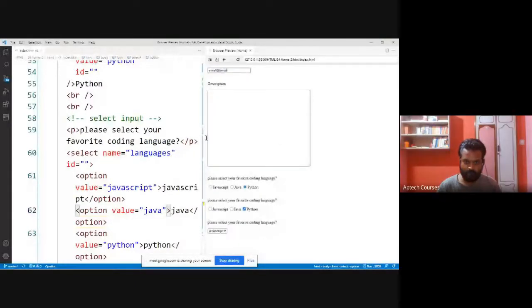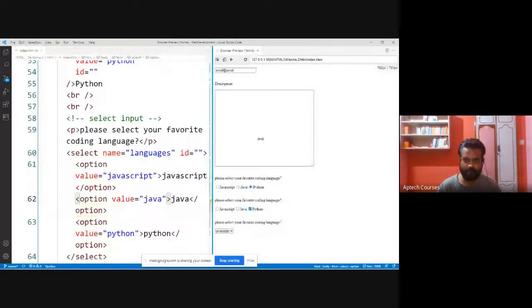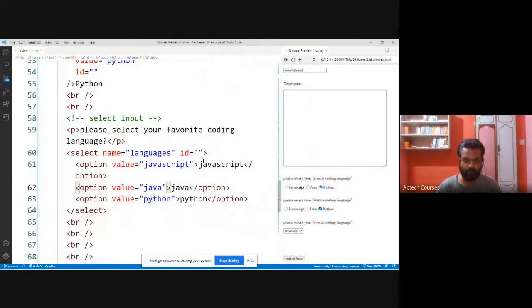If I remove the selected property, whichever the first option is, that will be selected by default.